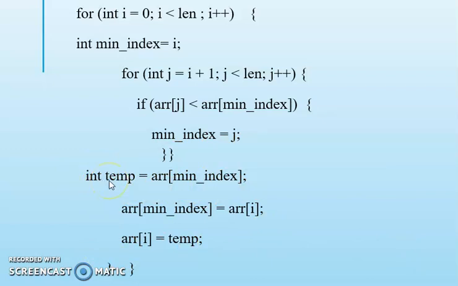You use a temporary variable to swap the elements between min index and i. I have told you previously that the minimum element has to be placed at the ith position. So in the first iteration it will be placed at the 0th index, in the next iteration at the first index, second, and so on. Finally we will get a sorted array from our input unsorted array. So this is how selection sort works. It identifies the minimum element and places it into a subarray that is sorted.